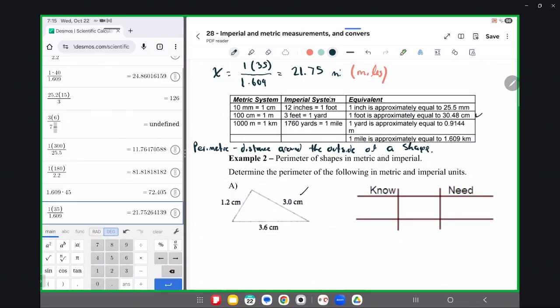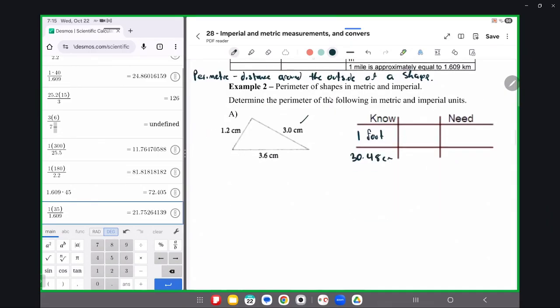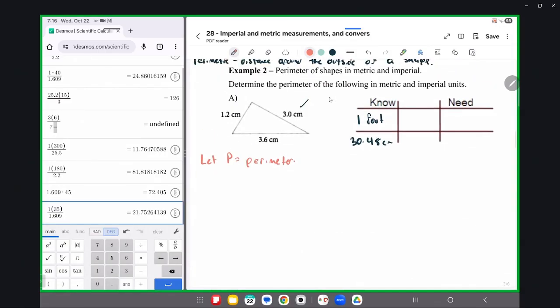Okay. So know that 1 foot is equal to 30.48 centimeters. And that's the conversion we're going to use. Okay, so we want to find the perimeter of this thing. So typically we let capital P represent the perimeter. And we're going to be using that for all of these. So we're going to just write this out once. So in this case, we just add up the distances around the outside. So capital P will be equal to